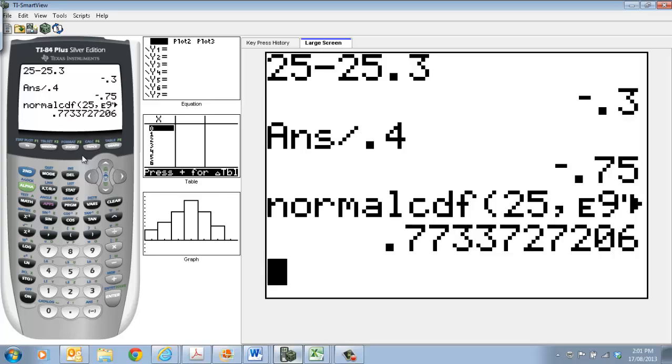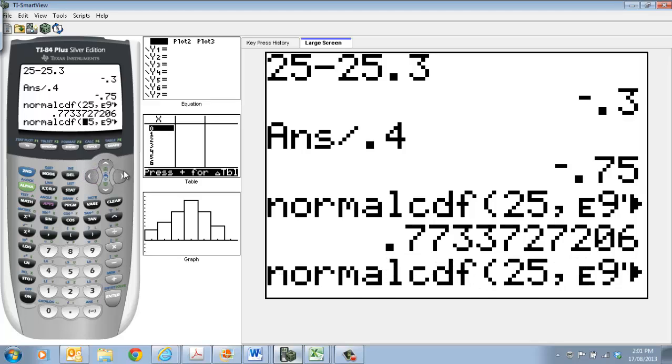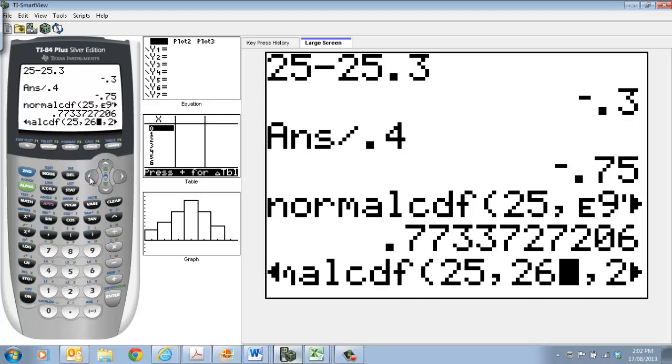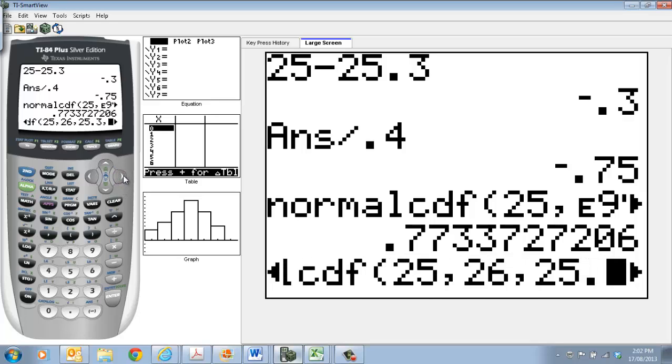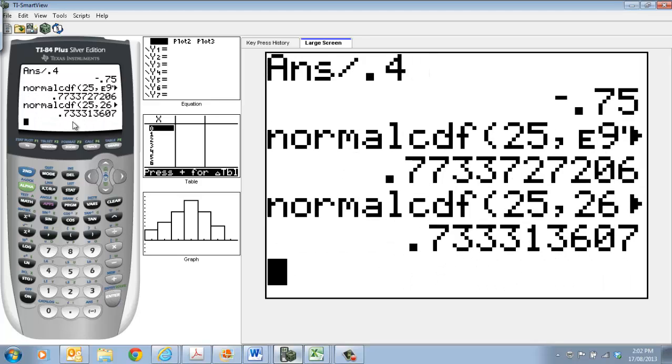Now, because I've just done something like that, I can just go Shift Enter. It'll bring the same thing back up for me. Alright, so it'll look exactly the same as yours then. So we've got 25. I can change that to 26. Not 29, 26. Then looking at the next bit, I just have to delete that value there. The rest of it's the same, isn't it? Even Shift Enter is easy when you're doing that. Go Enter, and that gives me an answer of